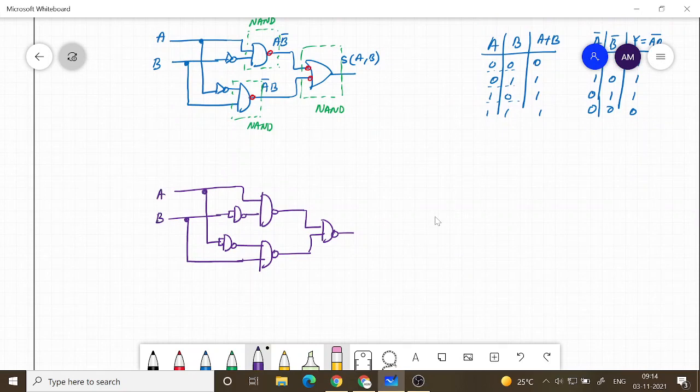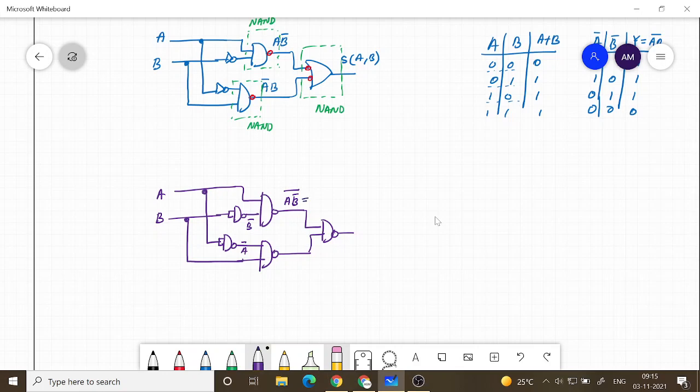A, B, and here you will get B bar, here you will get A bar, okay, and then this will be A into B bar the whole bar.